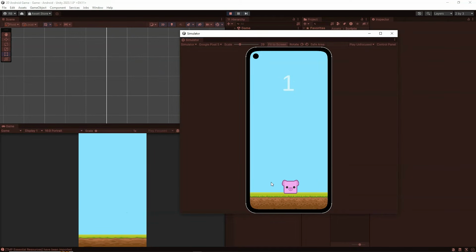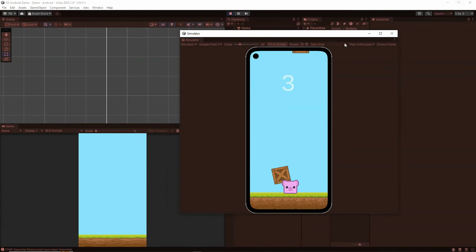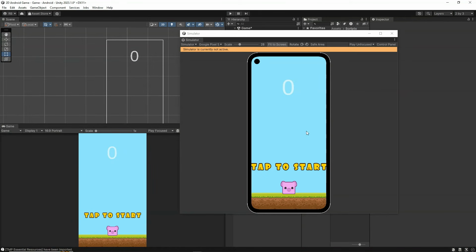If I click, it will start again, simply just like this. So this way our game is pretty much working, as you can currently see. If I go ahead and make it full screen, as you can see, this is how the game is working. So another thing that we want to do is, as you can see, the tap to start is going beyond